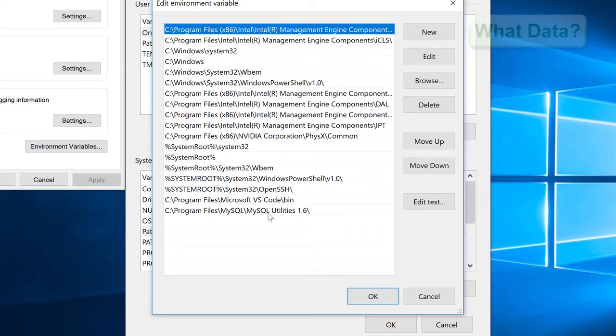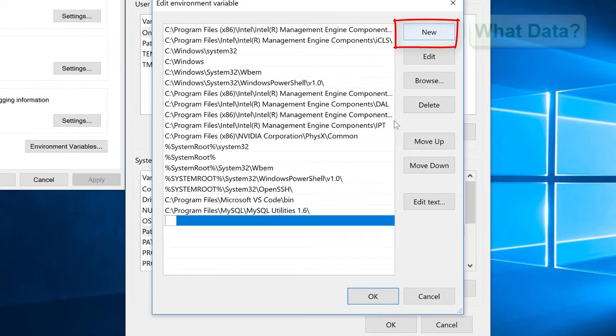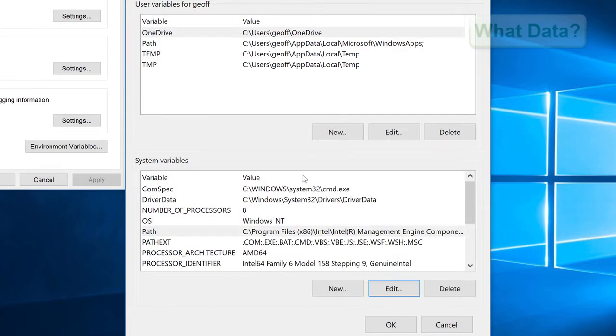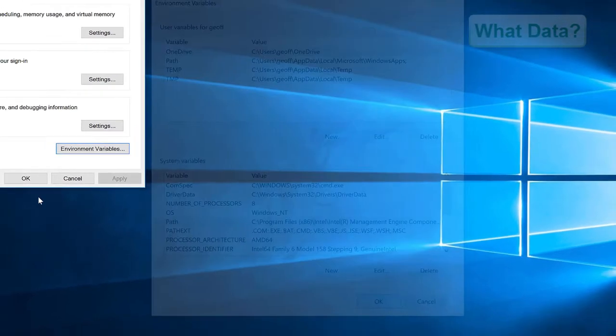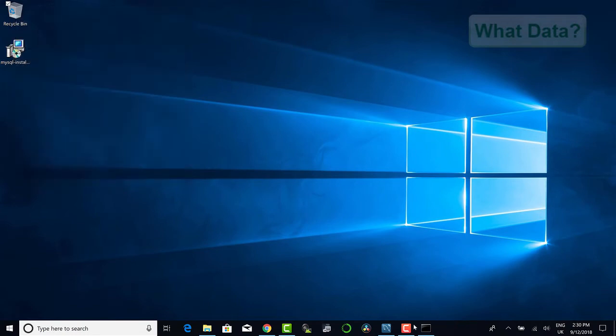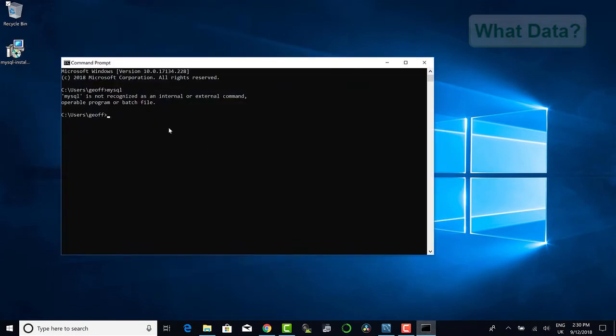So in here, these are command lines or programs that will run from anywhere within a command window, or recognize these paths. We want to set up a path pointing to the MySQL server bin directory, or copy and paste. And also don't forget to add the directory slash at the end. So we can go ahead and click OK. Click OK on that. And now when we come back into our command prompt,